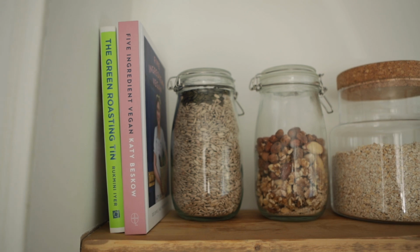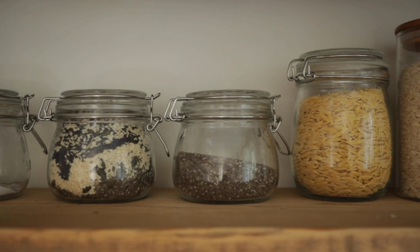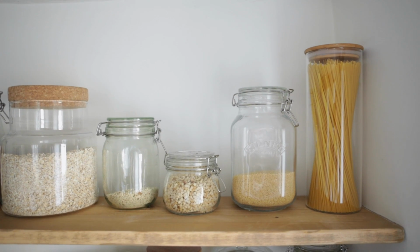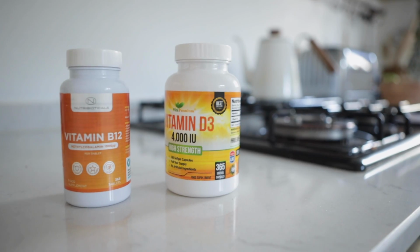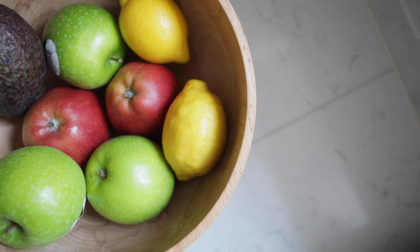But it felt like a good solid place to start. So her categories are dried foods like nuts, seeds, raisins, that kind of stuff, carbohydrates, bread, vitamins, treats, sweets, and fresh fruit and veg. So we tried to keep all of those categories together. You'll see that we went with dried foods behind me on these shelves, which I'm really, really pleased with how